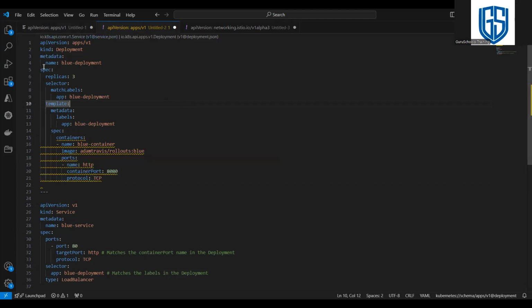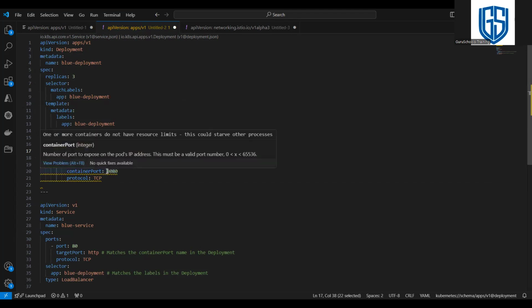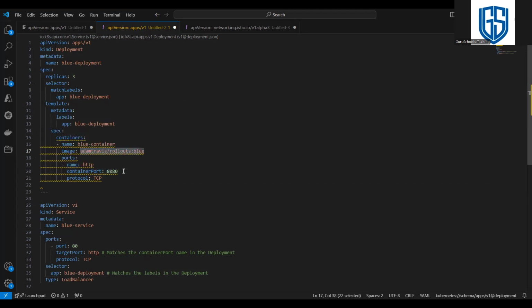So here you can see this is a deployment, and the metadata name of the deployment is blue-green deployment. Then replicas: 3, I mean 3 pods are created when running this one. And the image name is the same image name, and the container port is 8080. Then coming to service, you can see